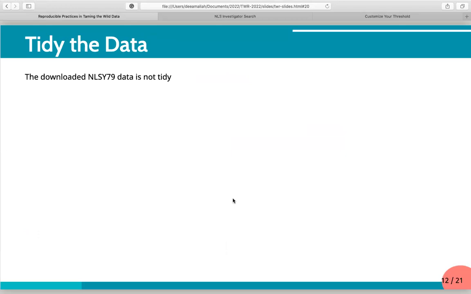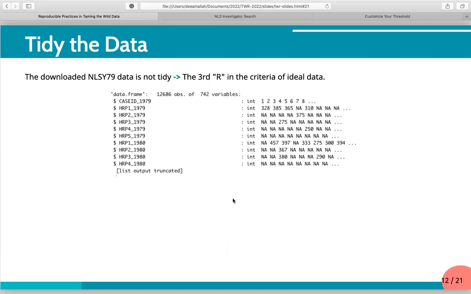And of course, the downloaded data is not tidy. It is the reality that data in the wild is almost always not tidy. By not tidy, I mean the data contains so many variables. They put the data in a wider form, so we have to make it longer, rename the variables, and separate the variables from the corresponding survey year.